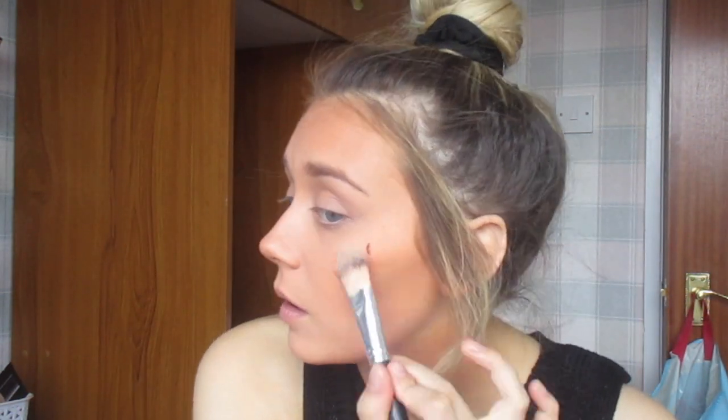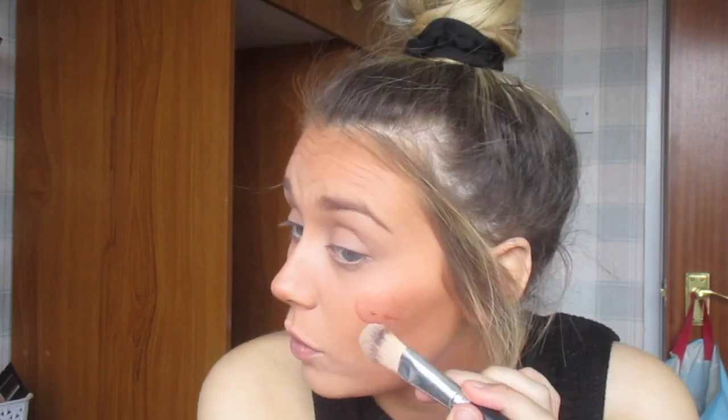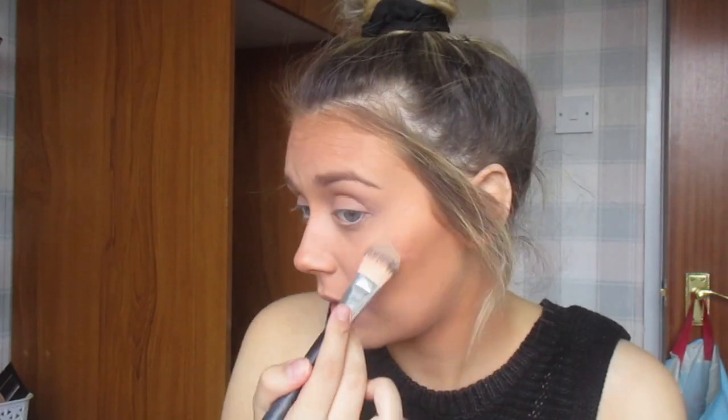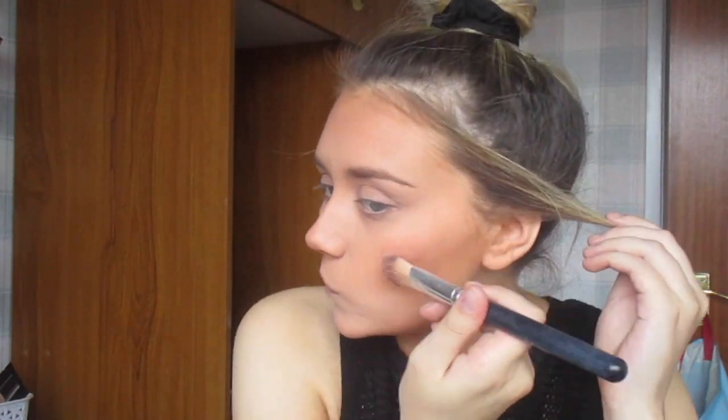I don't know if I'm doing it the way you should do it, but I'm going to take a flat brush here. It looks very chunky. It's coming up. I don't know if I'm applying this right, so the fault could be mine, not the product itself. But I don't know. It's dropping off my foundation, so we're going to fix that. I'm going to use that concealer brush to see if I can blend it in any more, but